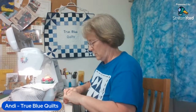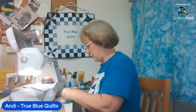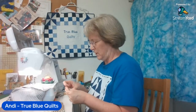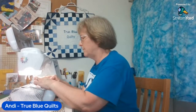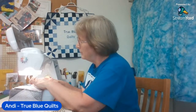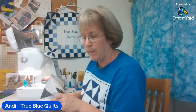Some little leftover triangles from another project that I am going to sew together into quarter square hourglass units as my leader enders instead of that scrap tab of fabric. Ooh, that one just kind of went under the needle funky and I've got a big mess, but since this is just a little scrap project, that boo-boo will get hidden in the seam. And then this is going towards